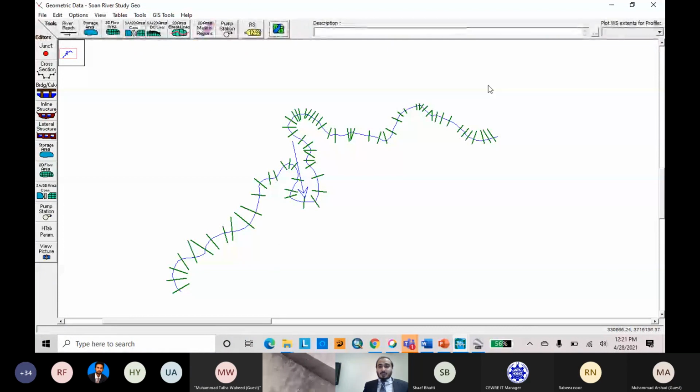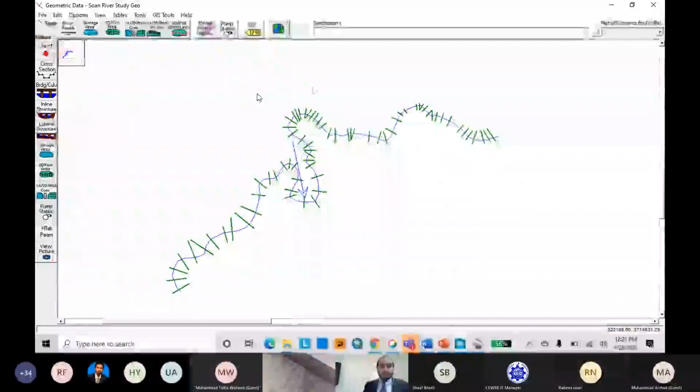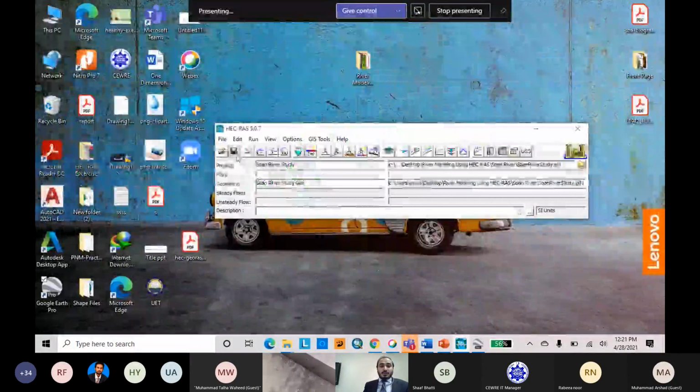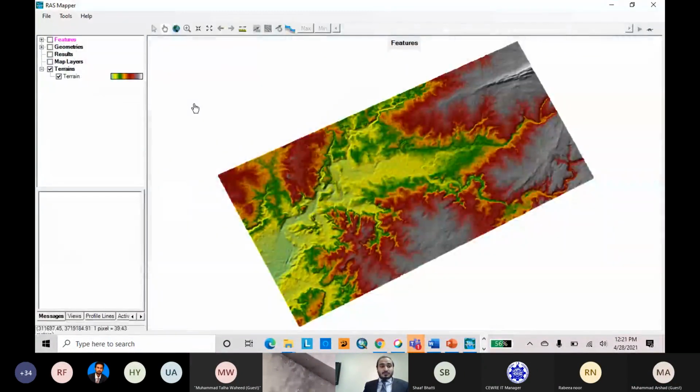It is good to see it gone because you will learn a new thing here. These terrains are associated with specific geometries. If your terrain data is not specified for your geometry in RAS Mapper, it will not be shown in your geometric data editor. So we will again go to RAS Mapper to assign our geometric data layer.